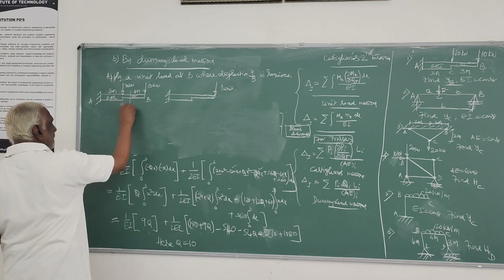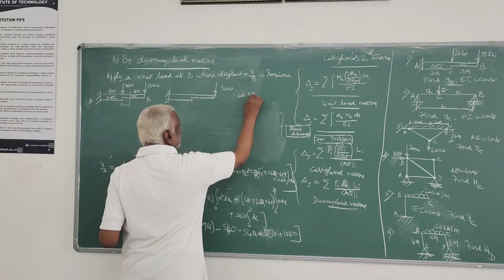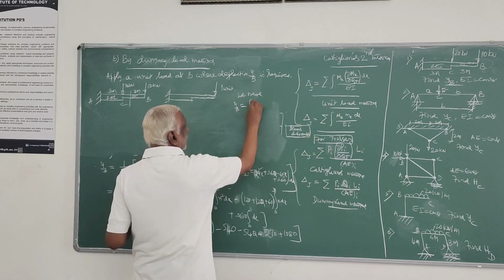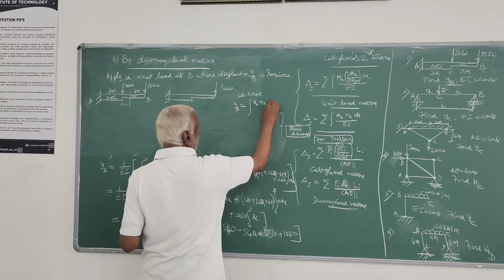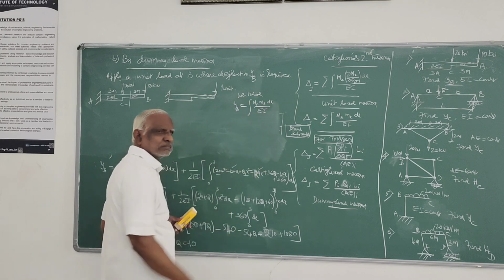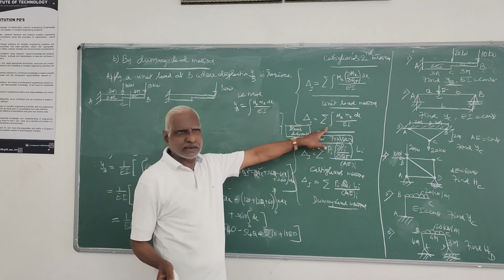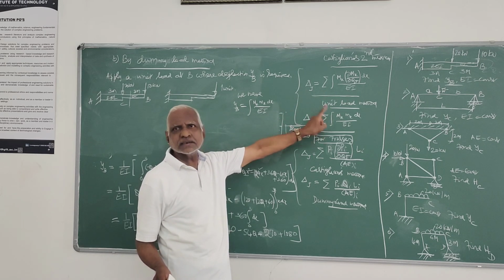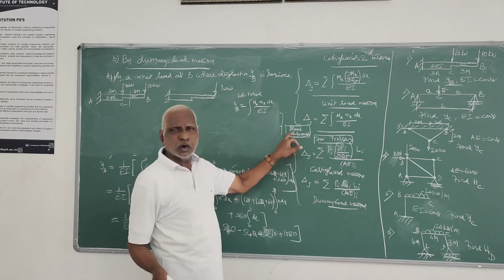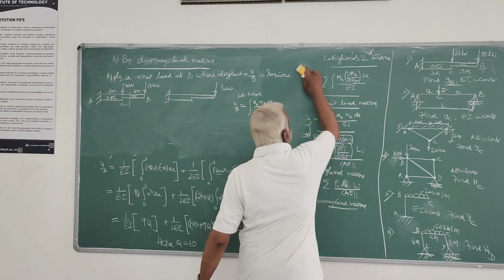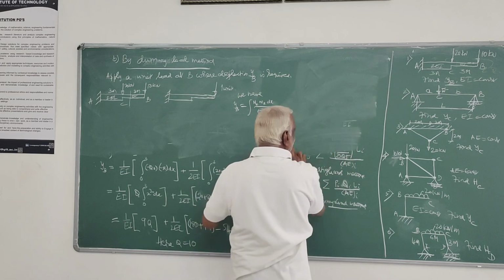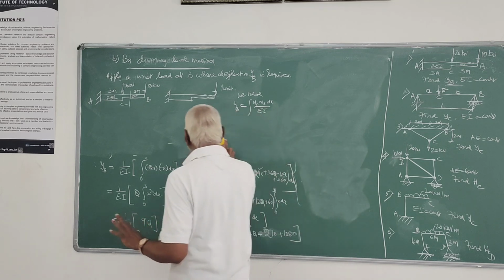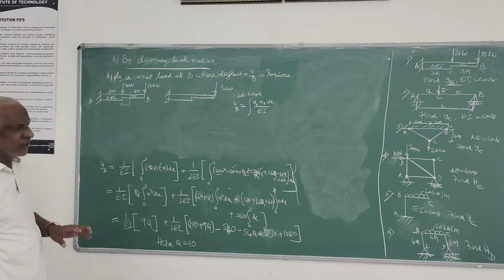And as usual, YB is equal to that second formula you have to use: integral of Mx mx dx by EI. I am using this for the unit load method. For Castigliano's method, the other formula I use. For the unit load method, this formula I will use, both for beam and frame problems. So that you have to remember. I am clearly explaining. Any doubt you have, clear it here itself or observe carefully. There should not be any doubt in the mind.